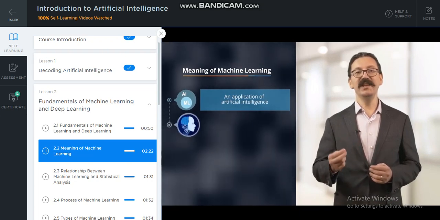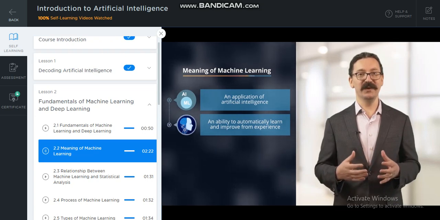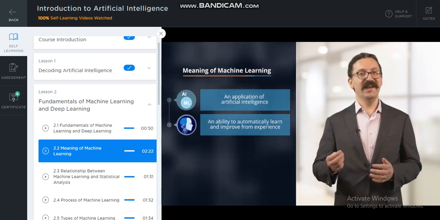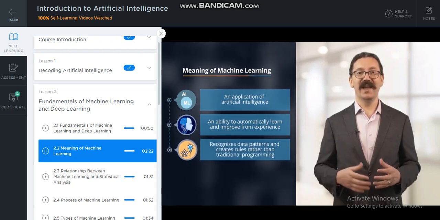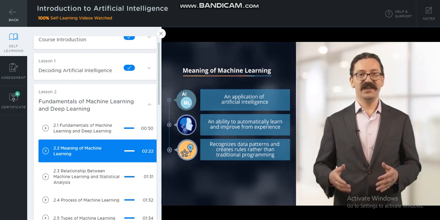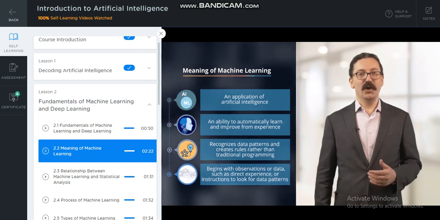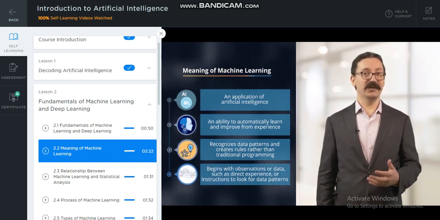It provides machines with the ability to automatically learn and improve from experience without being explicitly programmed for it. It involves teaching a computer to recognize data patterns and create rules rather than traditional programming. The process of learning begins with observations or data, such as direct experience or instructions to look for data patterns.